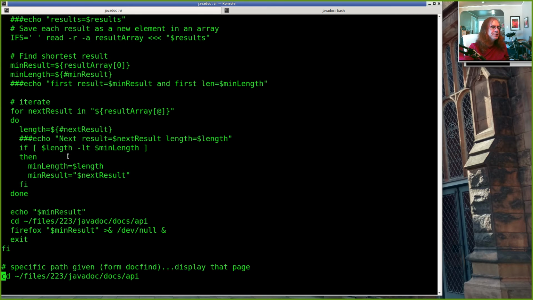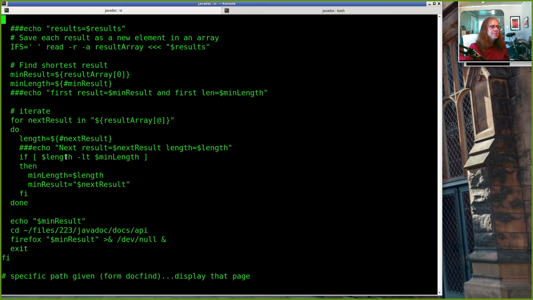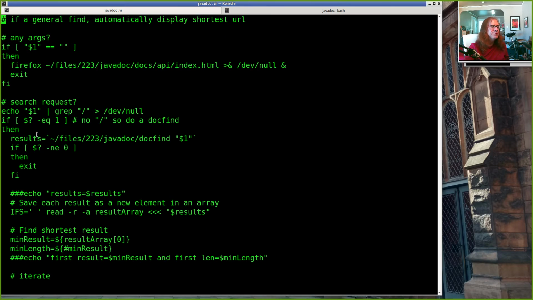Otherwise, oh, so if it's a 1, I didn't find it. So if I don't specify a slash,